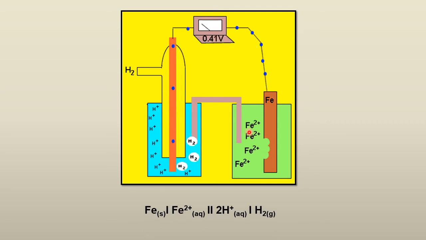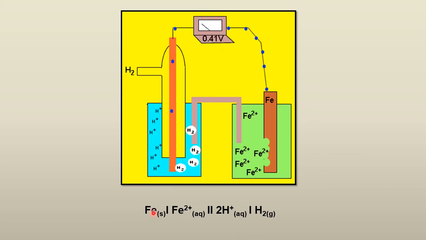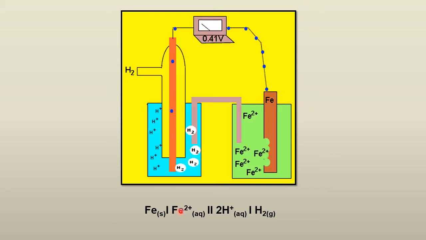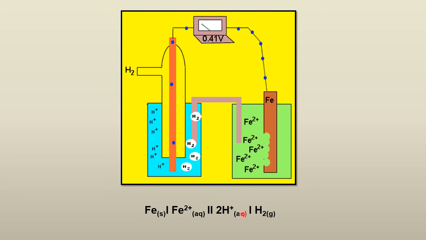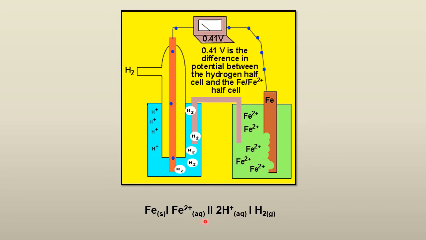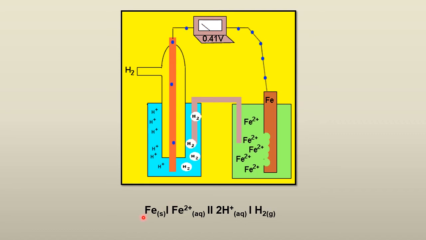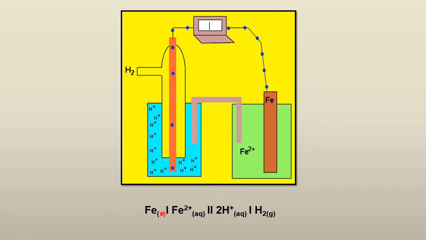Okay, so here we have the different reactions, and the potential values are given. Here the iron is acting as an anode, whereas the hydrogen half cell is acting as a cathode, because when iron is converted into iron 2 plus, its oxidation potential is 0.44, whereas the potential of hydrogen is 0 volts, right? The oxidation potential of iron is